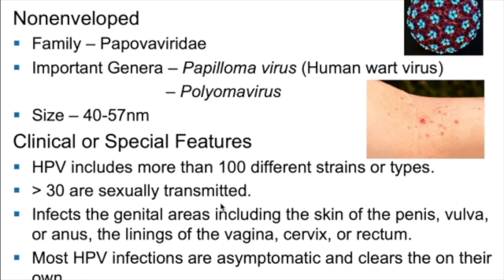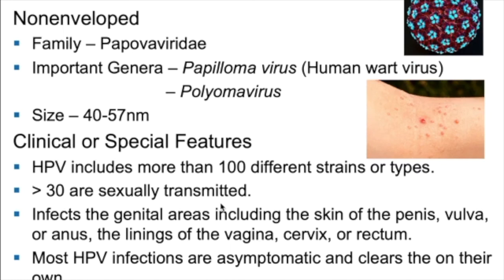For the important genera within the Papovaviridae, we have papilloma virus and polyoma virus. We'll concentrate on the papilloma virus because of the implications that it has on us as humans. Note the size as well, very, very small, 40 to 57 nanometer. Clinically,